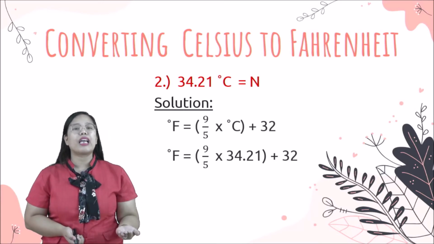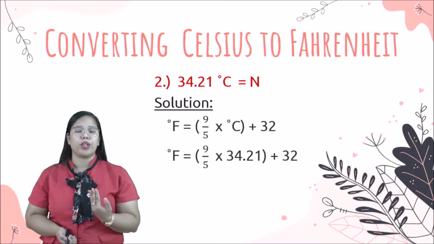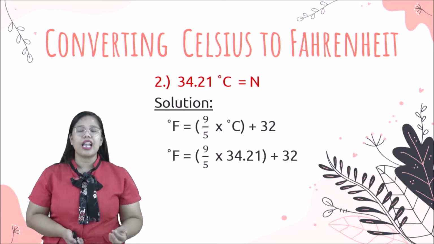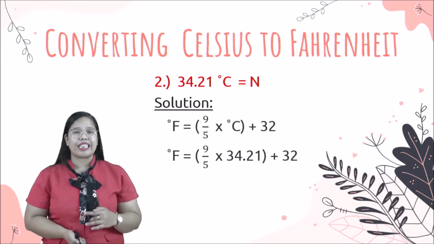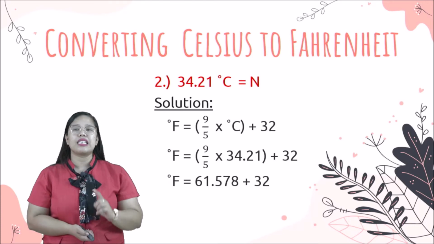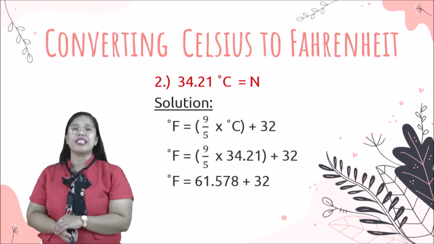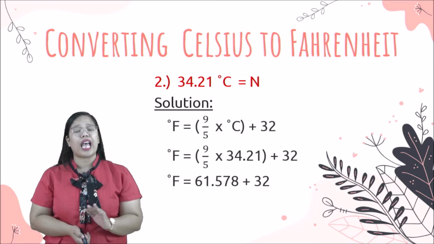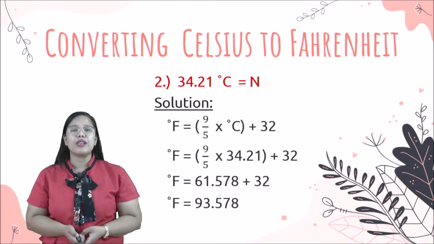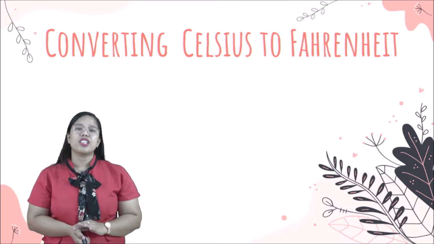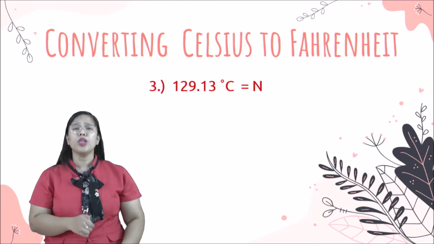So, this is the time that we will multiply 34.21 times 9. And the answer is 307.89. And we will divide it by 5 and the answer will be 61.578. And then we will add it to 32. So the answer will be 93.578. Next example for converting Celsius to Fahrenheit, we have